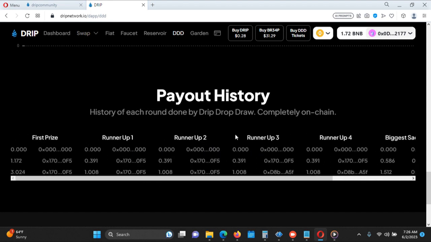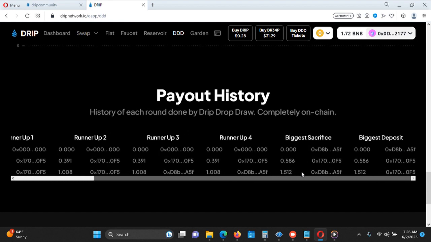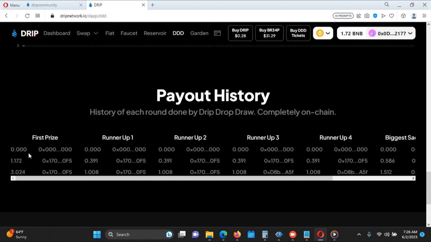Oh, also down here in the payout history, not only would I want to see a timestamp or something for each line item, I would actually, to make it more readable for users, separate these things somehow. This right here just looks like a bunch of garbage, like the Matrix, zeros and ones and stuff like that. You can't read this stuff clearly. So either consider putting lines in between them, or if you're going to separate these sections with a different background color or a different text color between the first place and then the runner up, use something